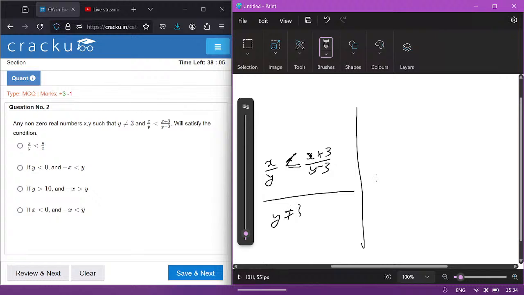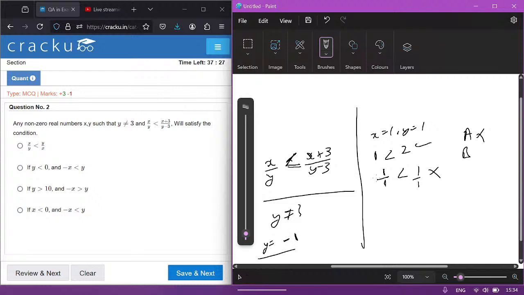y is not equal to 3, obviously. Right. Okay. First option is x by y is less than y by x. Okay. Let's see. When x is equal to 1, y is equal to 1, we have 1 is less than 1. Yes, this is correct. So then in that case, 1 by 1 is less than 1 by 1. No. Option A is not correct. Right. Let's see option B. Option B is what? When x is less than 0,